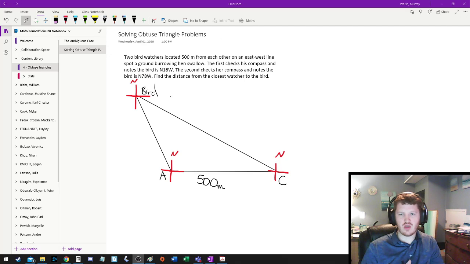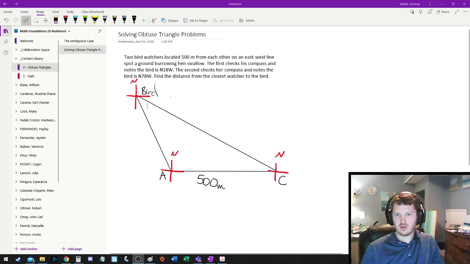This is going to be a worked example for solving a problem using an obtuse triangle in the solution. In this question we have two bird watchers at A and C, and they are 500 meters apart along an east-west line. So I've drawn our north, south, east, west at all of our points here. Two bird watchers are 500 meters apart on an east-west line, and they both spot a bird here at